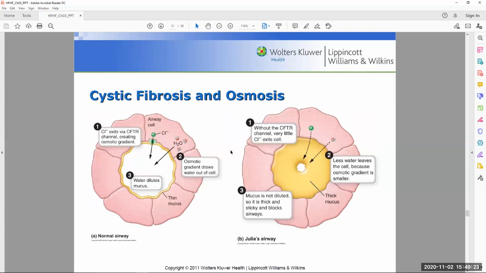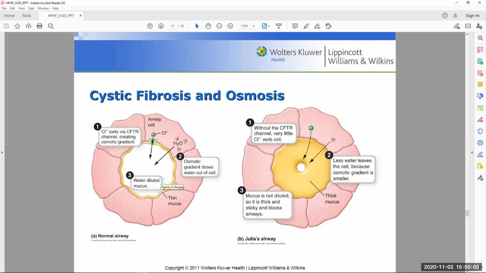So how does this relate to cystic fibrosis? Well, chlorine exits via the CFTR channel, usually creating an osmotic gradient. So here you see chlorine leaving the cell, and this is the mucus within the normal airway. So here, this is showing normal mucus. Notice a thin amount of mucus, and this is kept in place because of the movement of chloride ions, because when the chloride ion moves, water moves as well. And when the water moves, it keeps the mucus relatively thin so that it could move out of the